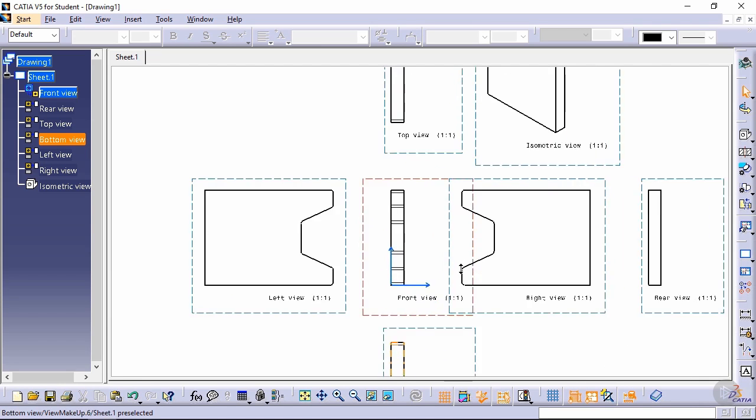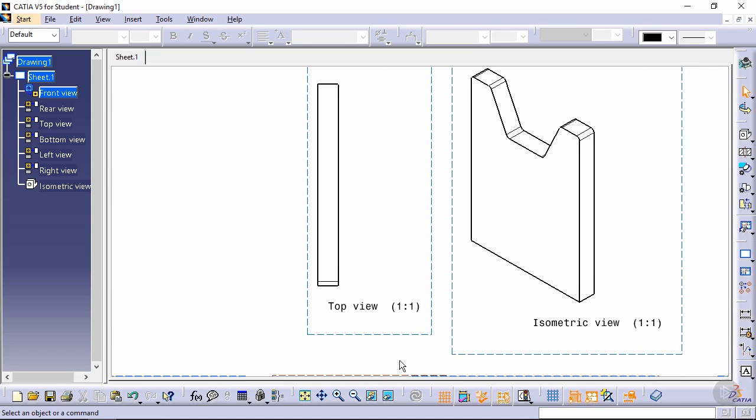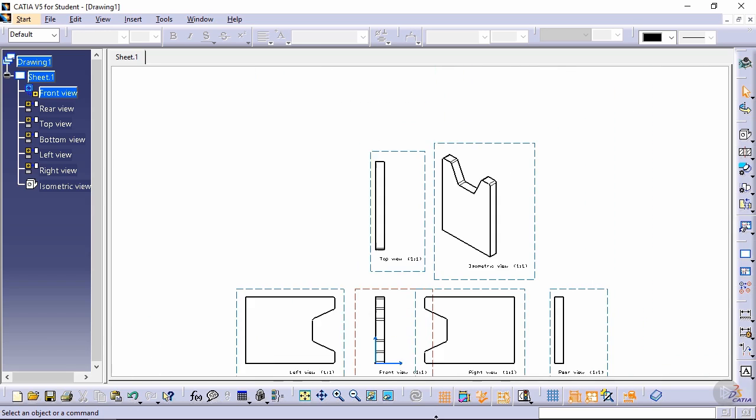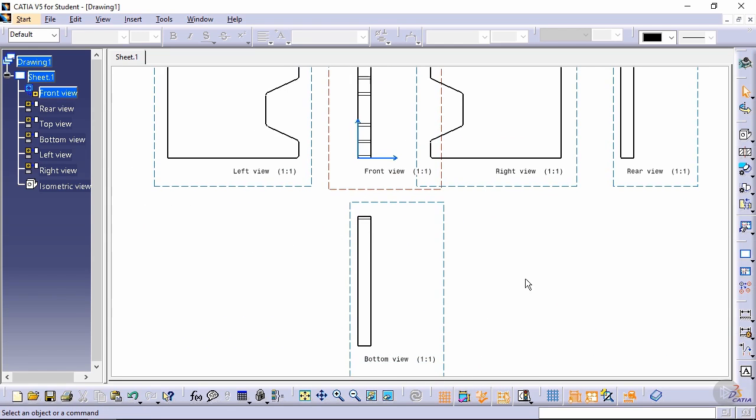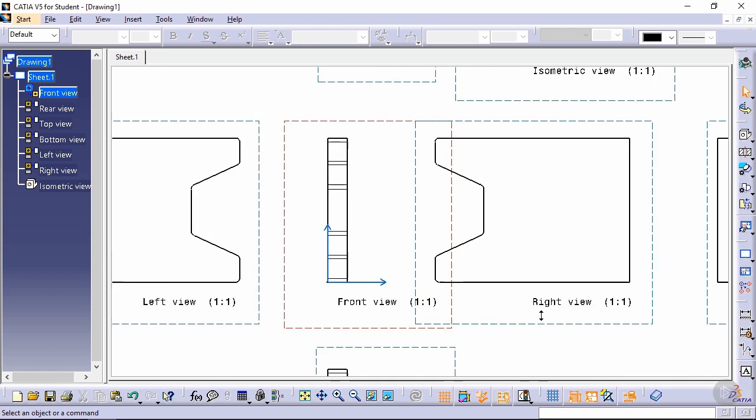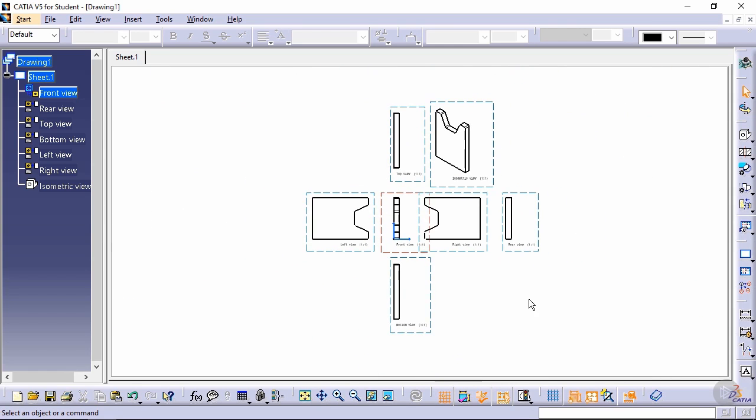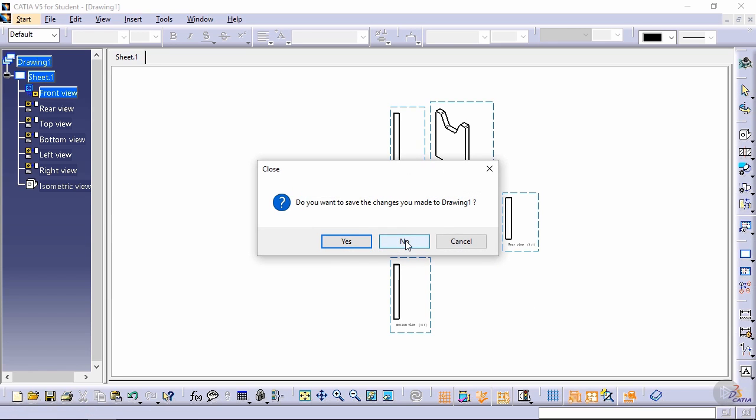If I zoom in a little bit on the views, the top section has two views, top view and isometric view. The middle section has left view, front view, right view and rear view, and the bottom section has the bottom view. So you can choose to start your drawing document in this fashion, or if I close this window and I'm not choosing to save it,